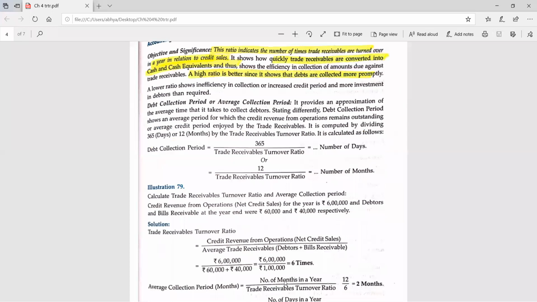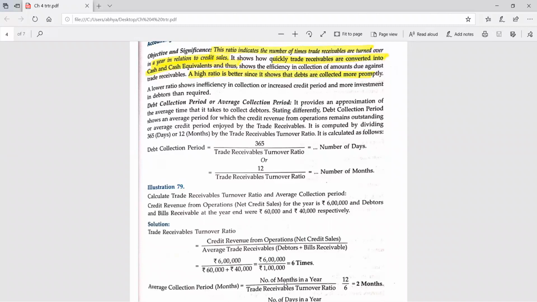And one more thing: if in the question no opening or closing debtors are given, only one debtor figure is given, then you need not do the average. If opening is given, you will consider closing as 0. If closing is given, you will consider opening as 0. But in that case, you need not calculate the average. The average can be found only when both the debtors and both the BR are given. If only one piece of information is given, either regarding opening or closing, and you are not able to calculate the other one by using any mathematical equation or any other formula, and no information is given.